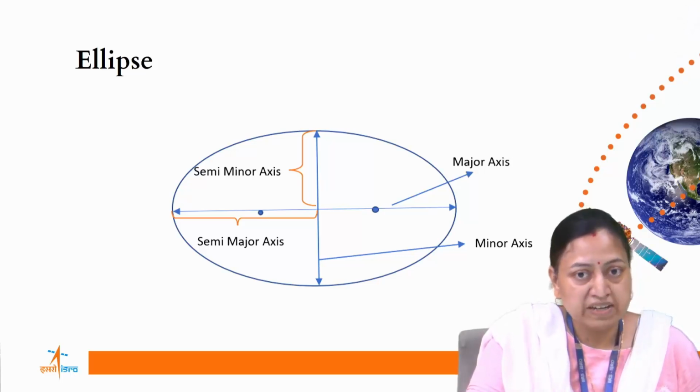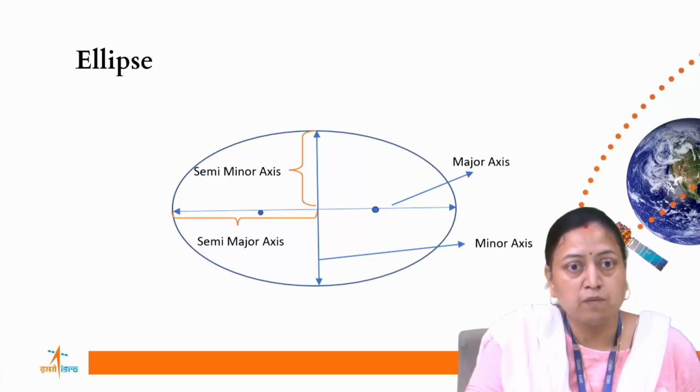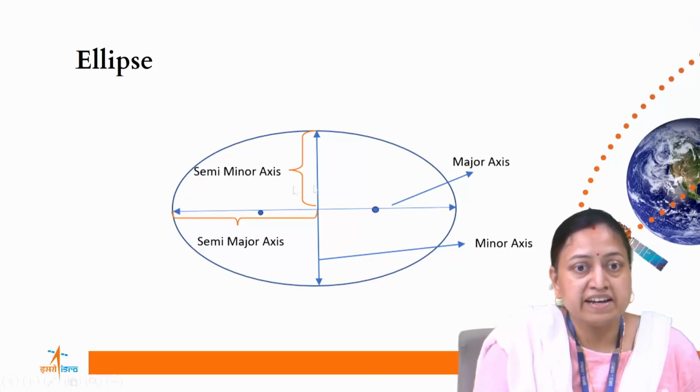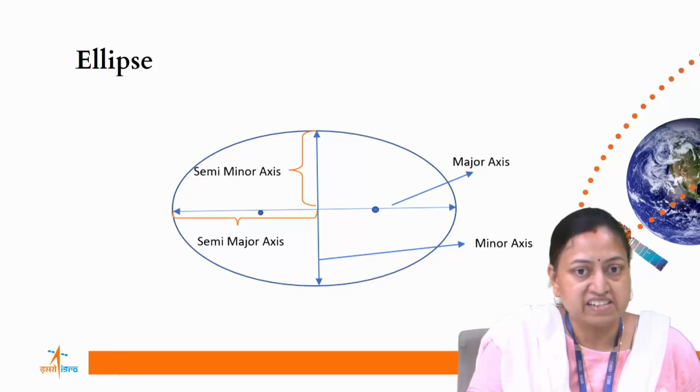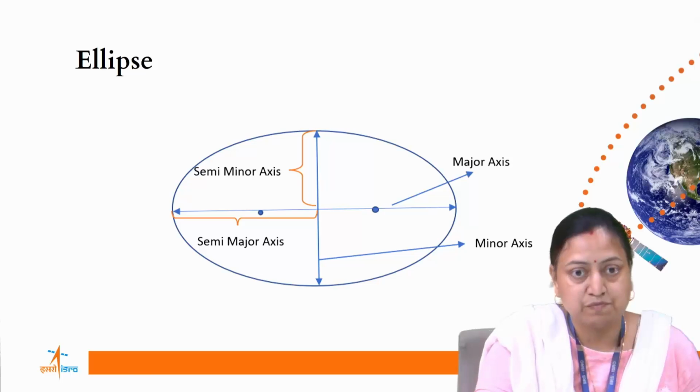You might be familiar with a circle. It has a center and all points lie at a fixed distance from the center, called the radius. But in case of ellipse, it has 2 foci and 2 axes, and one connecting the foci called the major axis and the one perpendicular to it called the minor axis.